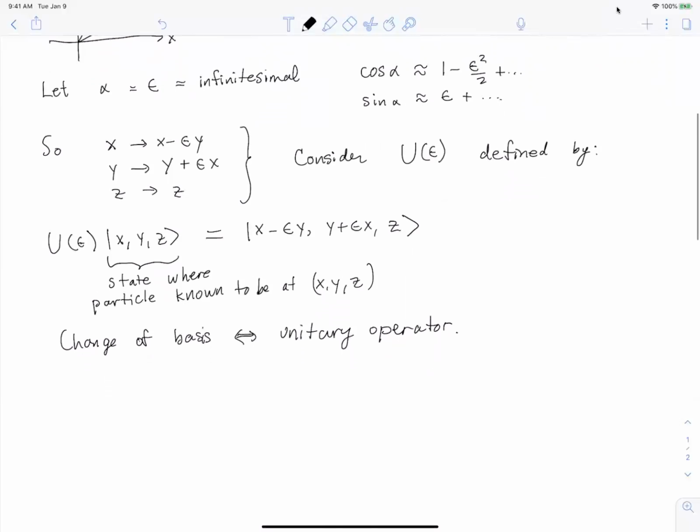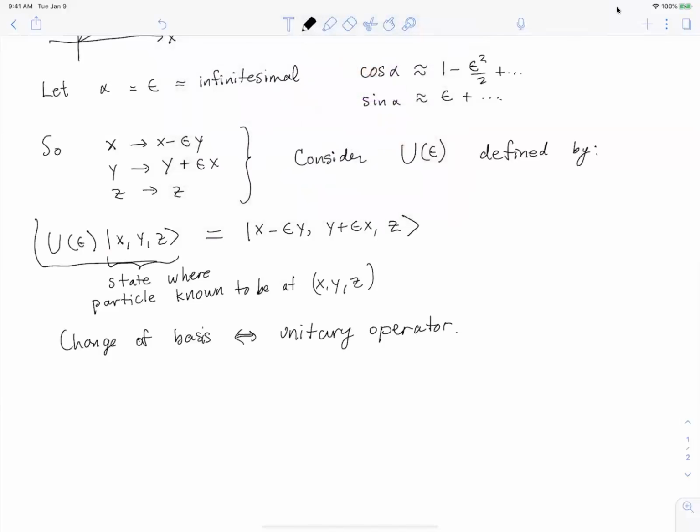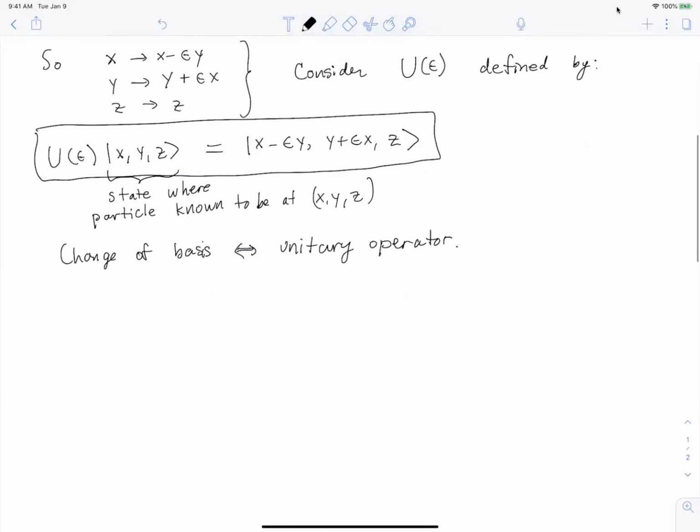Okay, and given this definition, this is the definition of the unitary operator. We can take its Hermitian conjugate. And so we can say that x, y, z, the bra, acted on by U epsilon dagger, is equal to,